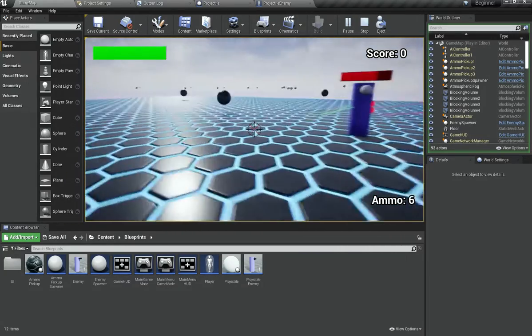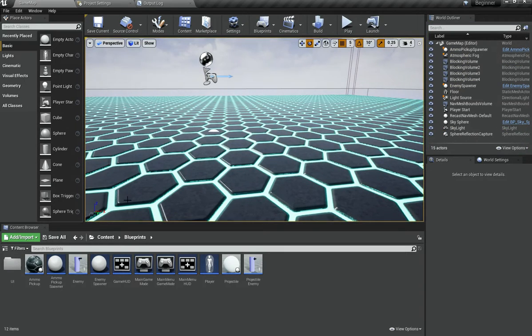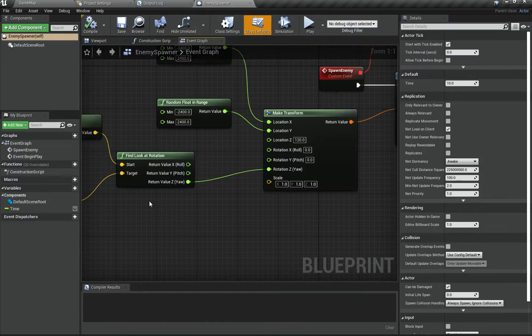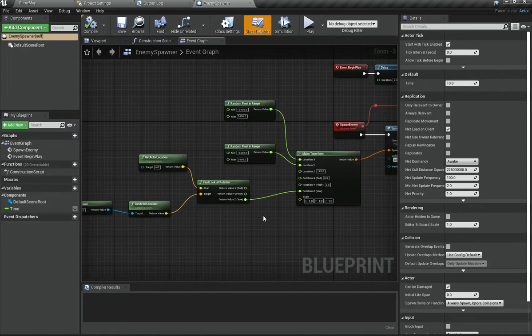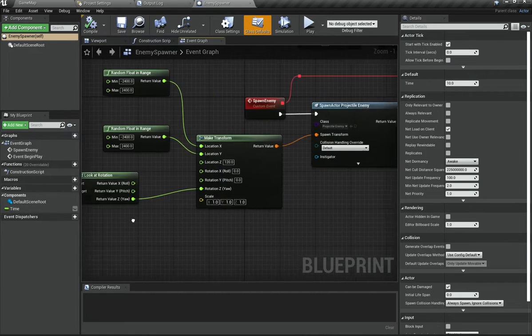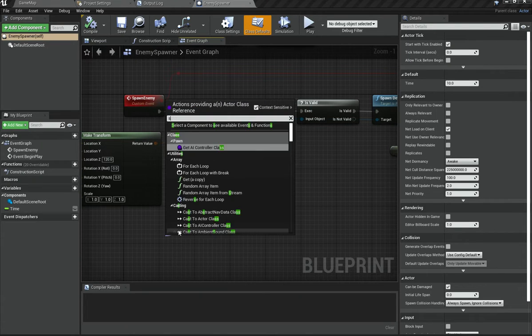That's not really difficult to achieve actually. I'm just going to go under and open up my enemy spawner, and in here we have got the spawn enemy function. We are basically spawning this projectile enemy. Now instead of just spawning a projectile enemy, I'm going to go ahead and say switch